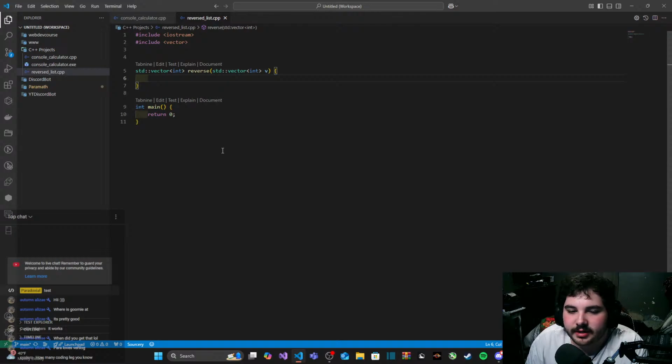how many coding languages, I'm assuming you mean. So I know Python, C#, I know a decent amount of PHP at this point. I know an okay amount of JavaScript. That's pretty much it, unless you consider CSS and HTML programming languages, but I don't really call those that, so I'm not going to mention them.